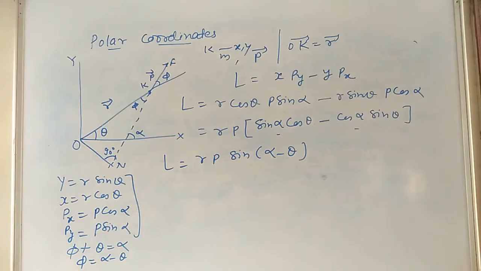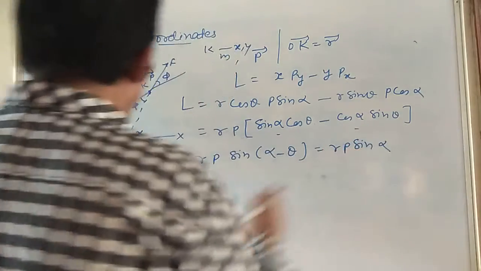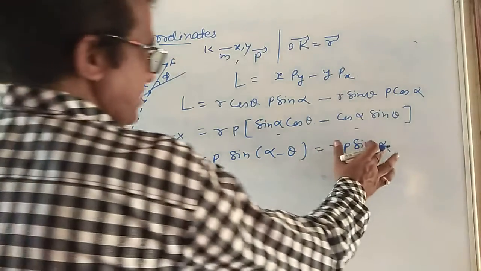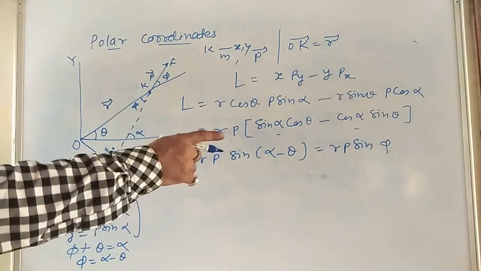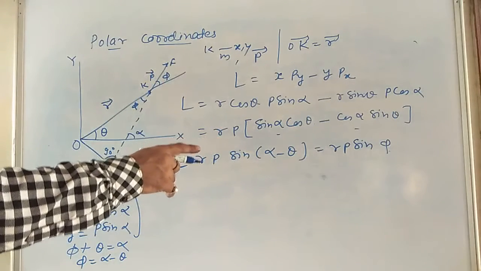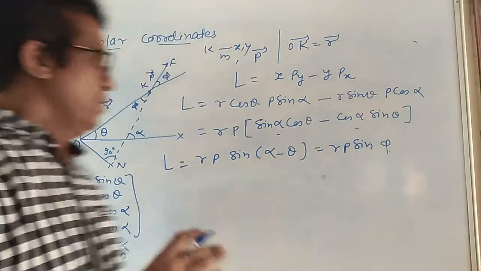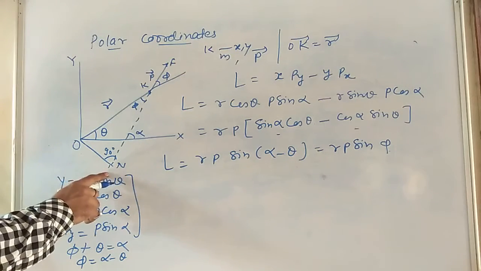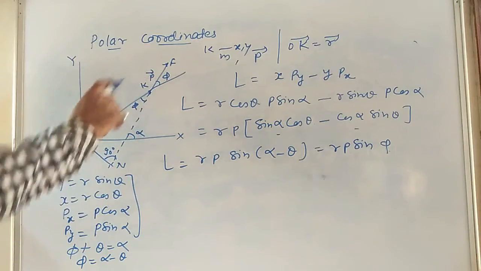So my dear children, that is RP sin phi, since alpha minus theta is equal to phi. यहां से आगे. This is the expression for angular momentum of a particle in polar coordinates. किसमें बच्चों ये polar coordinates. From O, draw ON, the perpendicular to the line of action of P.